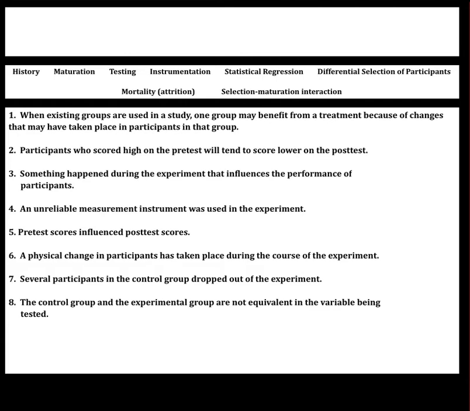Number 7, several participants in the control group dropped out of the experiment. That would be mortality or attrition. And finally, the control group and experimental group are not equivalent in the variable being measured. And that would be differential selection of participants. Okay,